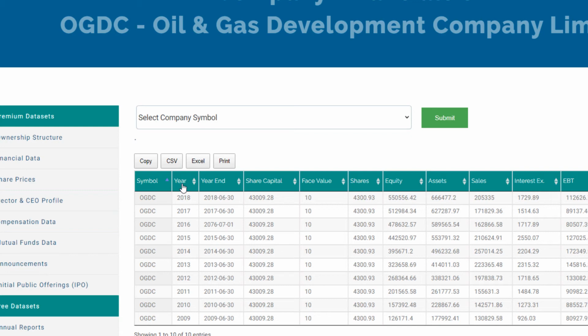And our next cell is year, which again we want to extract, but this time we shall change the cell index from 0 to 1.